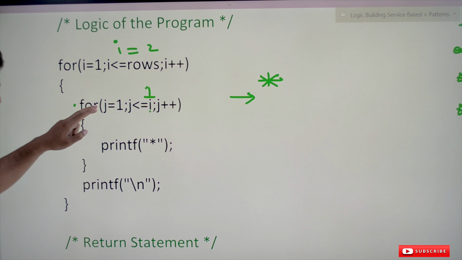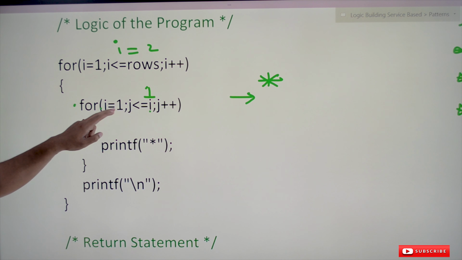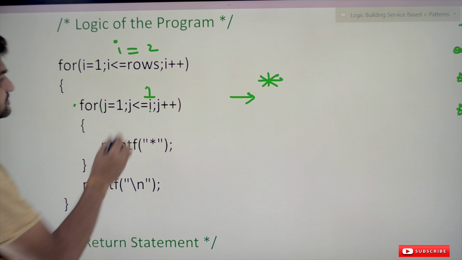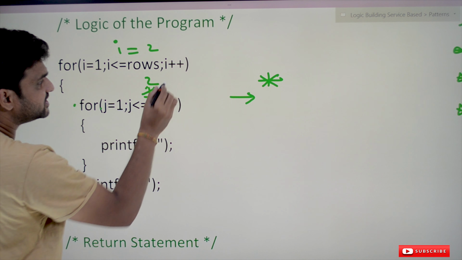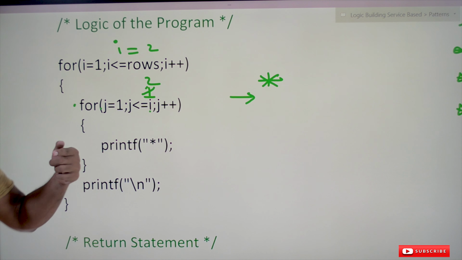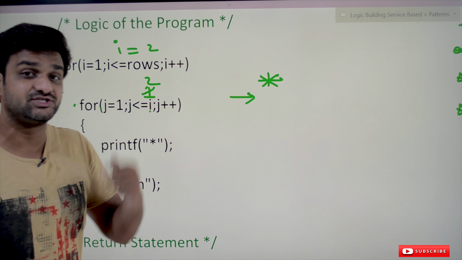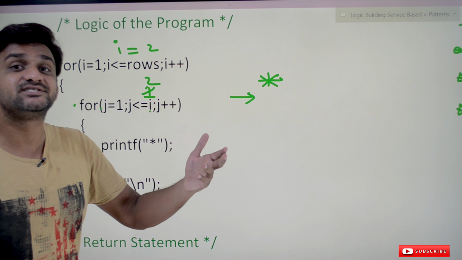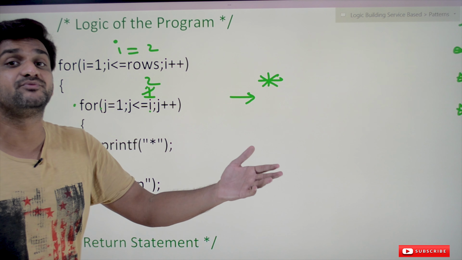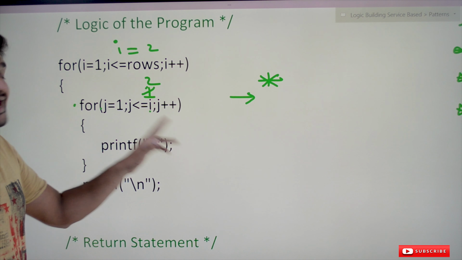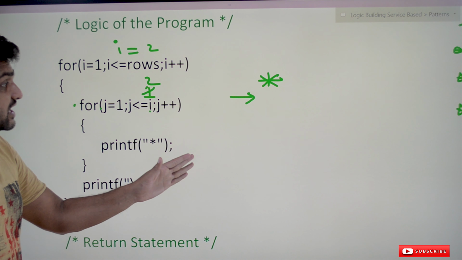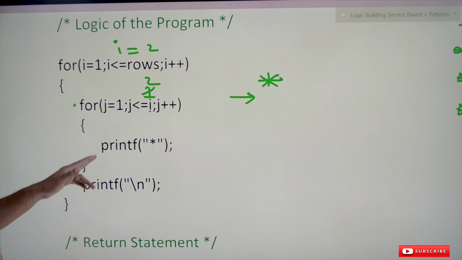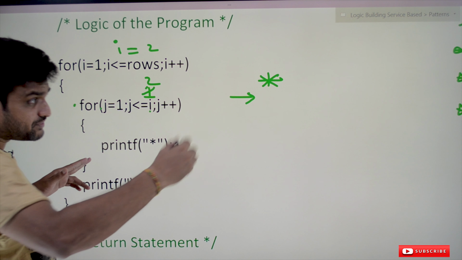Now this for loop is going to start from j is equal to 1, and it is going to end up to j is equal to 2, which means it is going to do 2 iterations. j is equal to 1 one time, j is equal to 2 one time. In the next iteration the value of j is going to become 3, which is greater than i. Okay, so now here in this for loop we are going to print the columns.